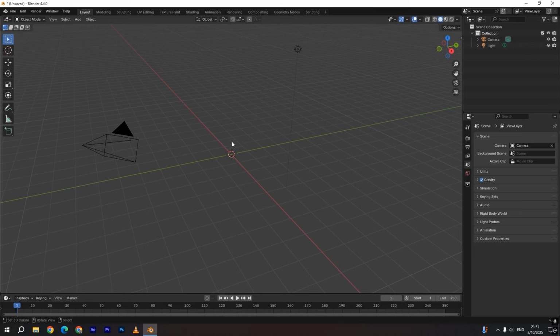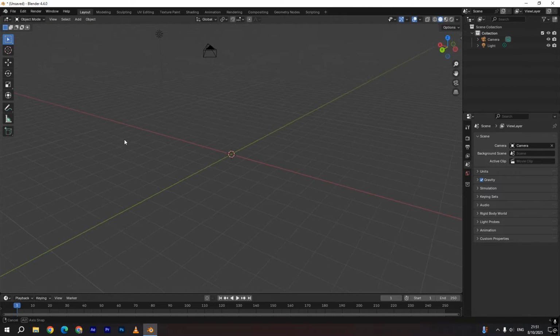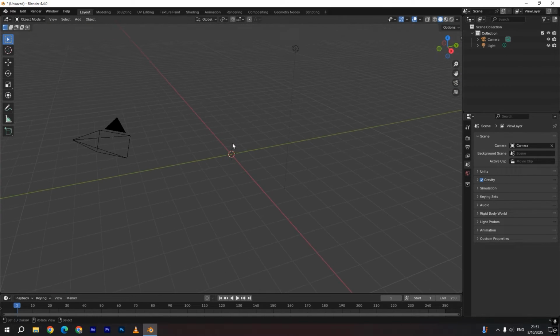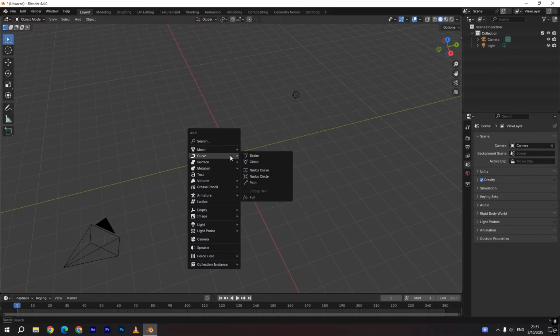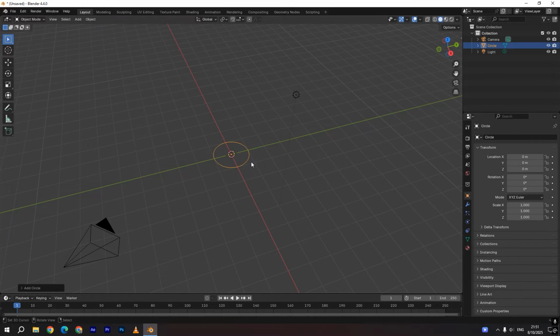Hey guys, today I'm going to show you how to make very quick rope in Blender. So let's get started. I'm gonna go Shift plus A and I will add circle, but I'm gonna click number